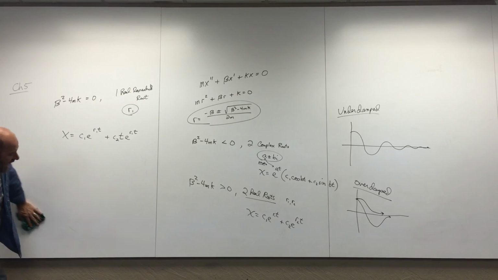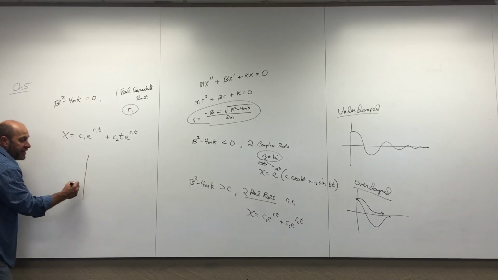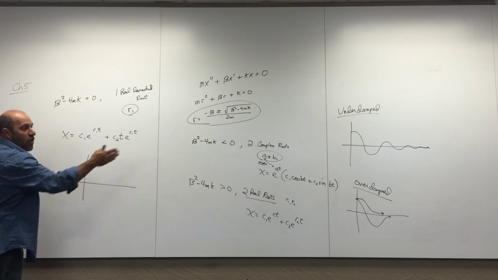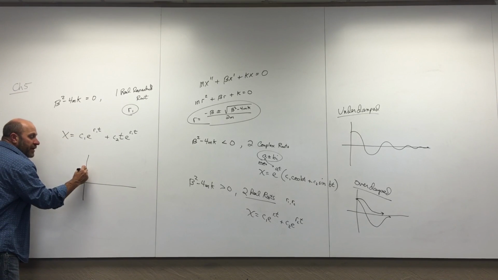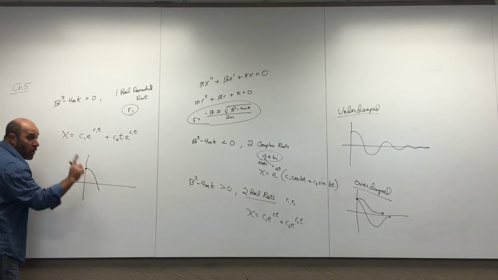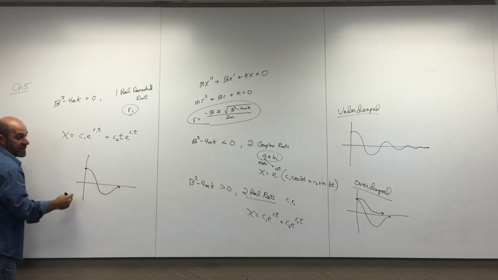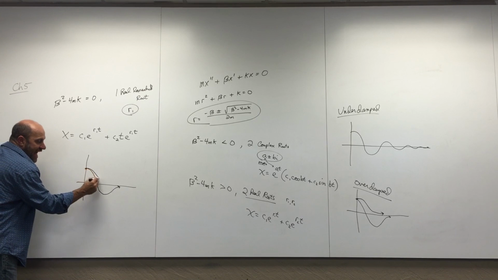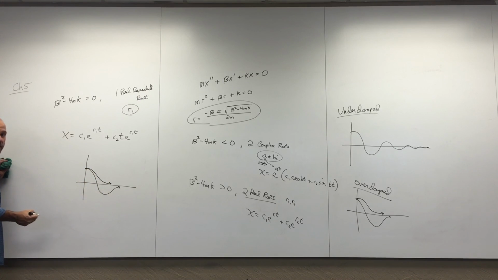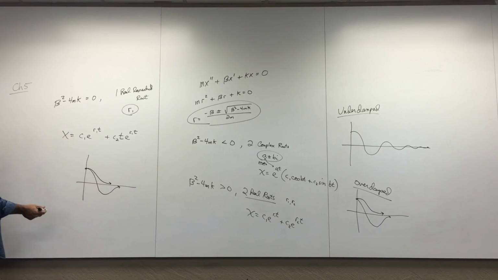Check this out. This one's not as interesting. Here's the deal with this one. When you graph one of these, it actually looks a lot like overdamped. It either crosses through equilibrium, but if it does, it's at most once. Then it comes back and dies out. Or maybe it doesn't even cross through equilibrium. Maybe it just dies out. It's a lot like overdamped, but it's not. The graph looks like it, but the classification is called critically damped,